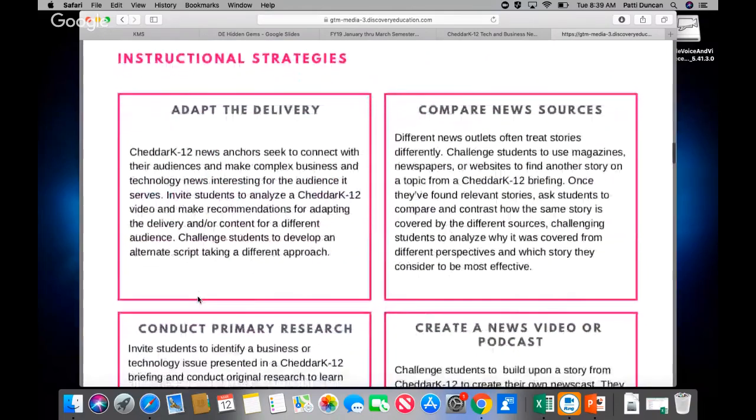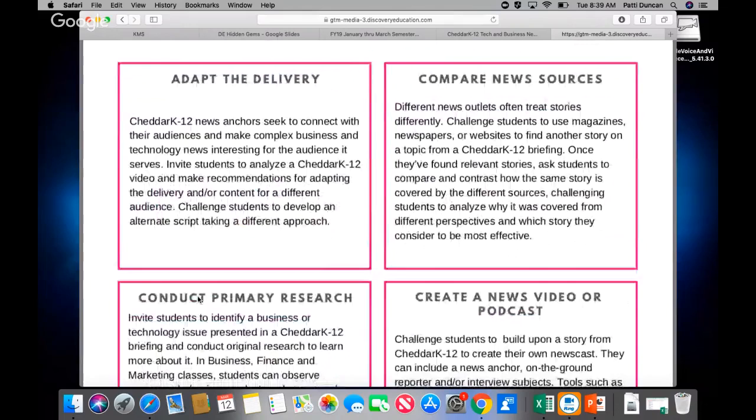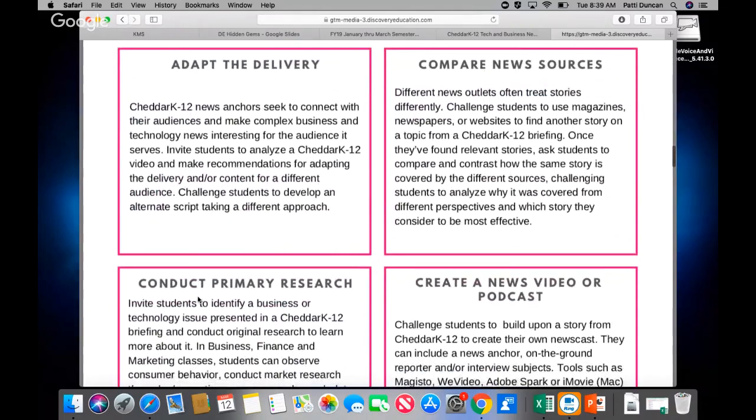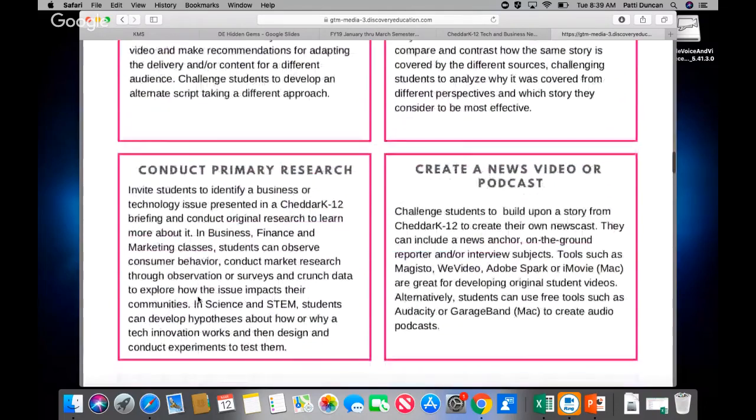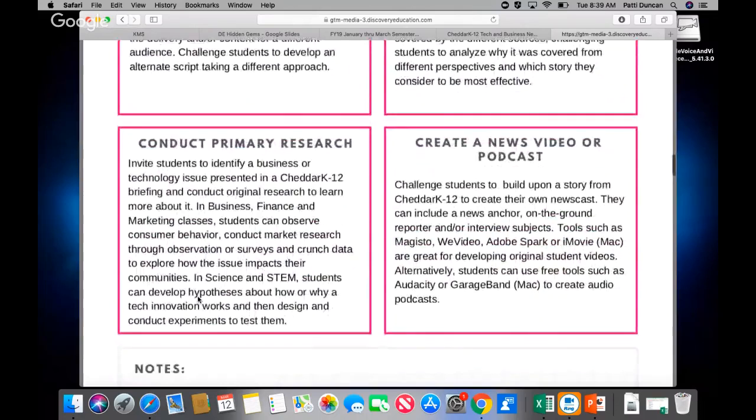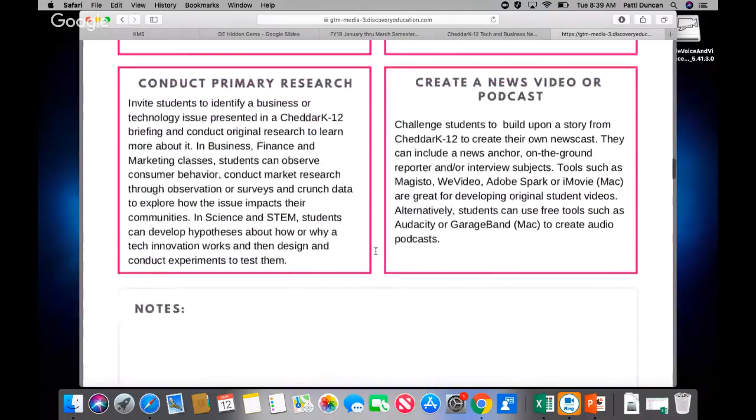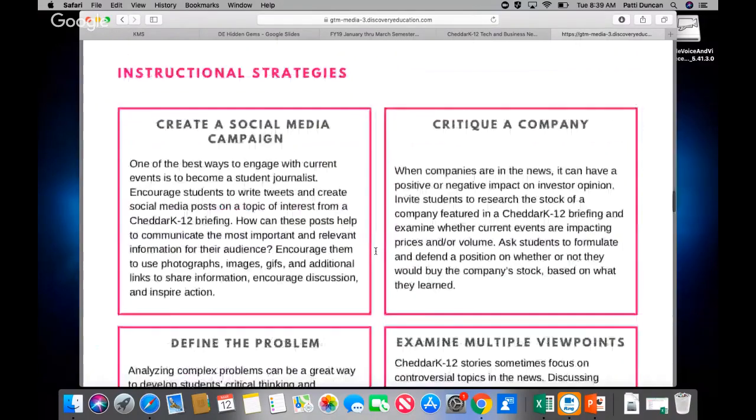And then some more specific instructional strategies on how to use Cheddar to launch an activity such as creating a video or a podcast, conducting primary research, and so on.